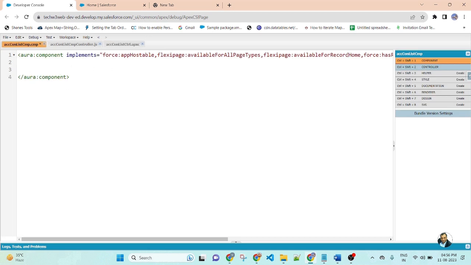Here I will create a lightning card. Inside the lightning card, I will use a title. The title name is display account related contact in our component.